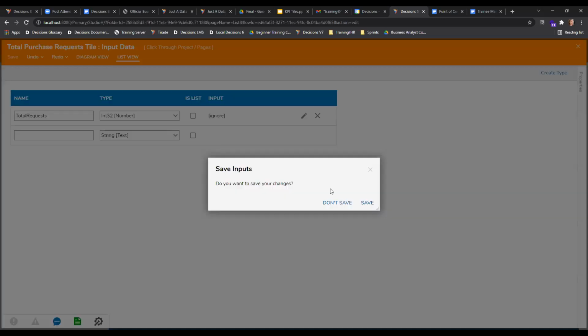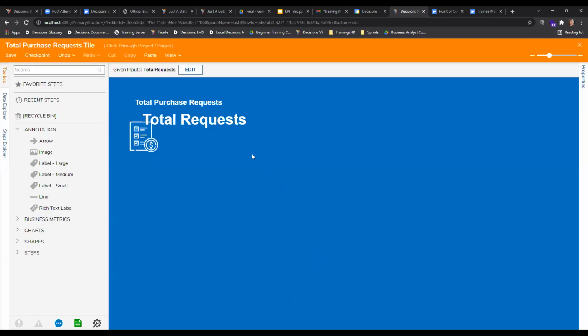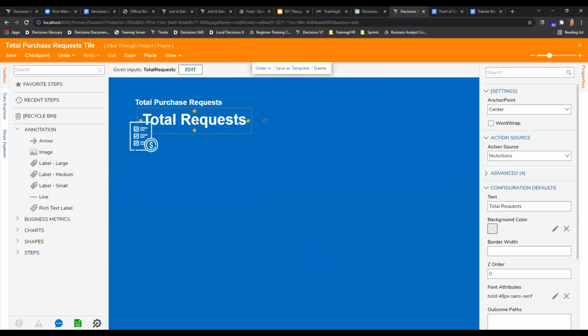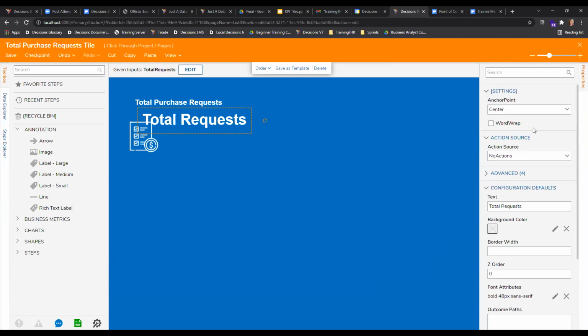Once we've defined our variable, we're going to save and close the data definition screen. So now our diagram tile flow knows that a variable is going to be passed in to represent total requests. It knows that it needs that variable. Now we're going to tell it what to do with that. So we're going to select our total request placeholder label, and in its properties over on the right,